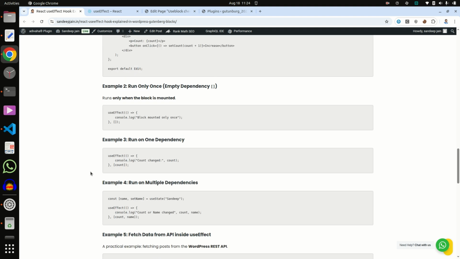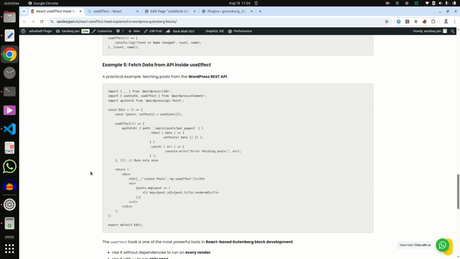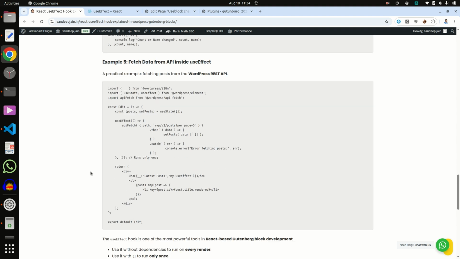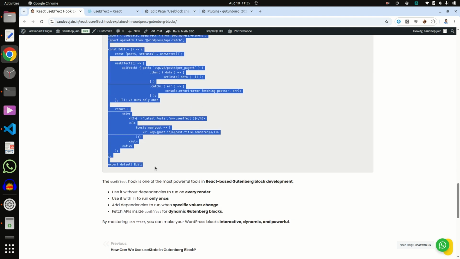Now we will talk about how to get API data inside useEffect. Many times we want to fetch data from an API in the block, and at that time we can use useEffect.